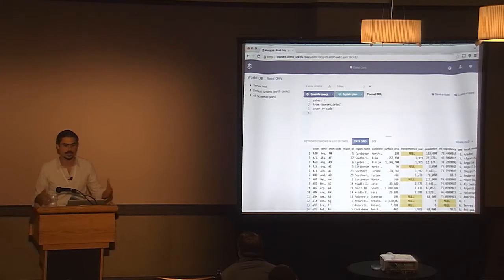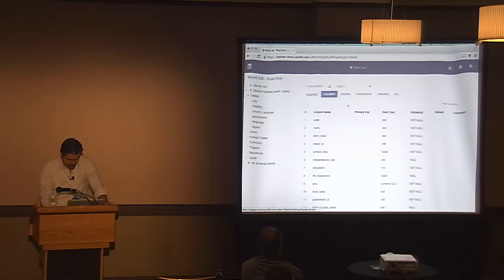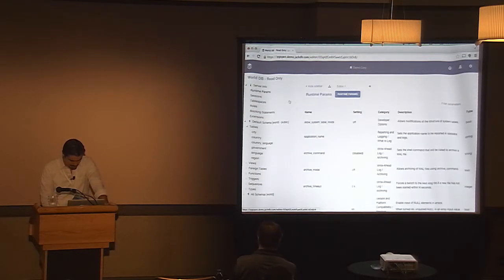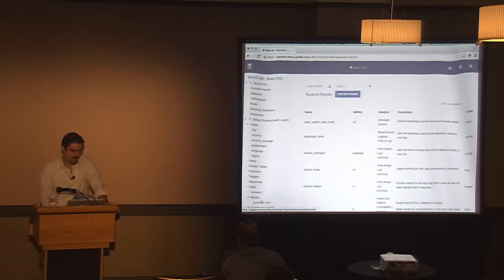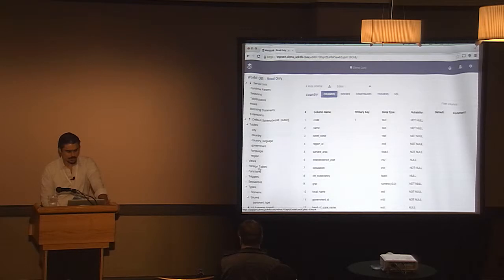So again, from the usability perspective, you want to make something better for people. And as far as Postgres-specific stuff goes, as long as I'm in here, I'll show you guys a couple things. Here the object tree goes. We support things like enums, for example, something that we use ourselves for a lot of things. I like having things in my database be really strongly typed, so you can just directly list them out. All the usual stuff like foreign tables, views. You can list out metadata for things.